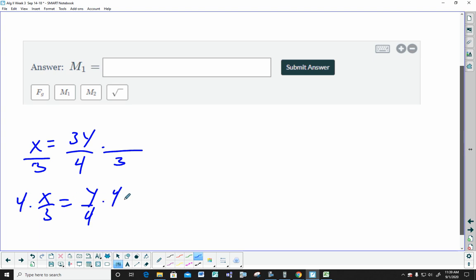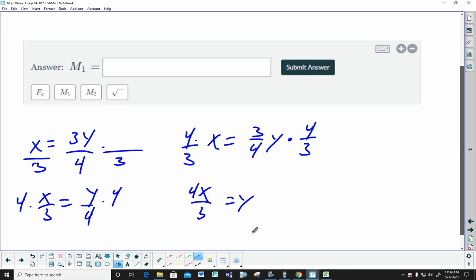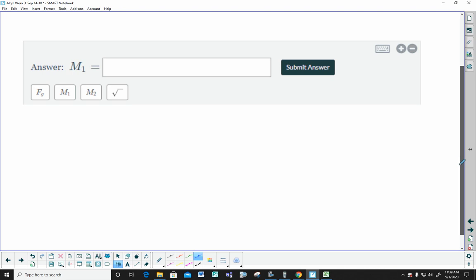Rather than doing it that way, you guys have gotten used to, you just go, oh, I'm going to multiply by the reciprocal. So I have 4x over 3 is equal to y. Same thing. It's just more complicated. You're going to multiply by the reciprocal. So moving back up here,